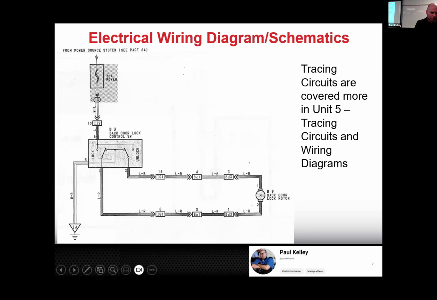But this is what we're going to be doing now: symbols and wiring diagrams, okay? So, got any questions? Now is